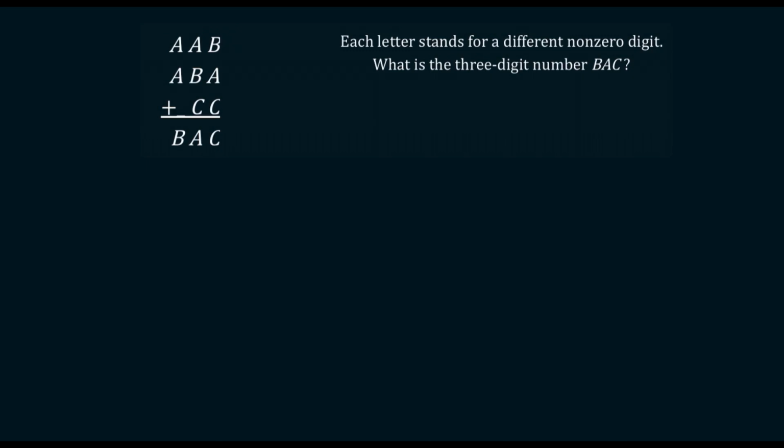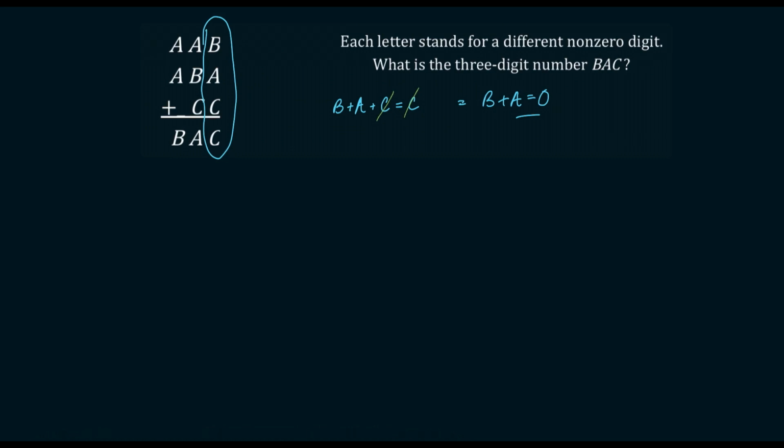Right, first let's take a look at the units digits, the units column. From this, it looks like this problem is saying B plus A plus C is equal to C. Well, this is impossible because if we cancel out the C's, you can clearly see that this is saying B plus A is equal to 0. And this can't be, since B and A are two different non-zero digits. There is another explanation for this, however, and that is